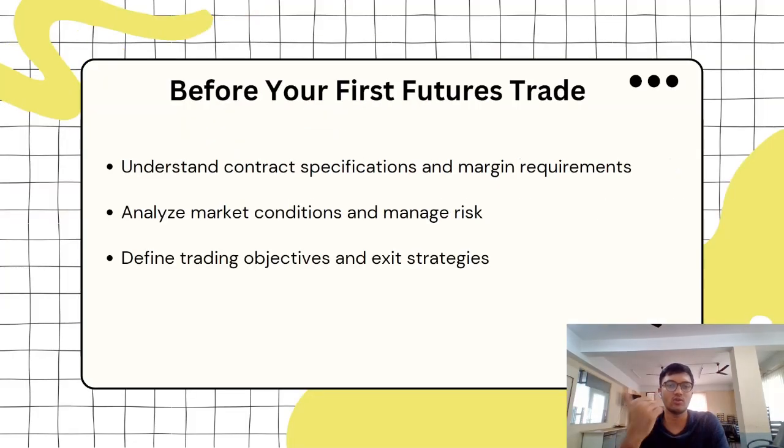So what you should learn about before your first futures trade: you should understand the contract specifications and the margin requirements. In case of futures, the margin requirement is much higher compared to options and compared to stocks. So let's say one stock, Tata Steel, which you're trying to buy at 500 rupees, but if you want to buy a future contract stating that okay, the price of Tata Steel is going to go from 500 to 700 rupees, you cannot buy